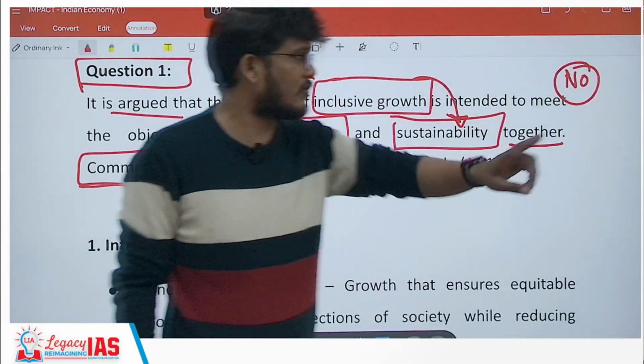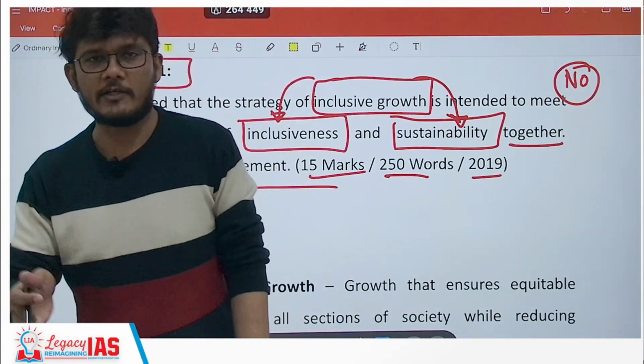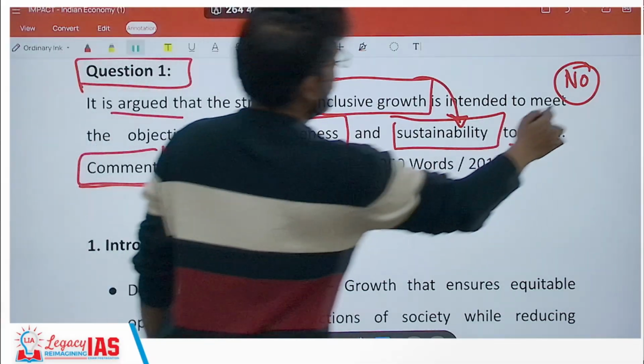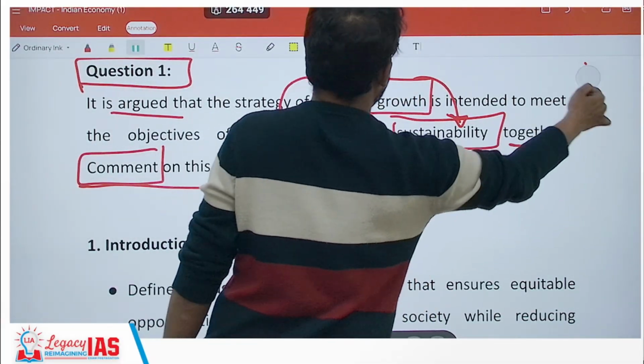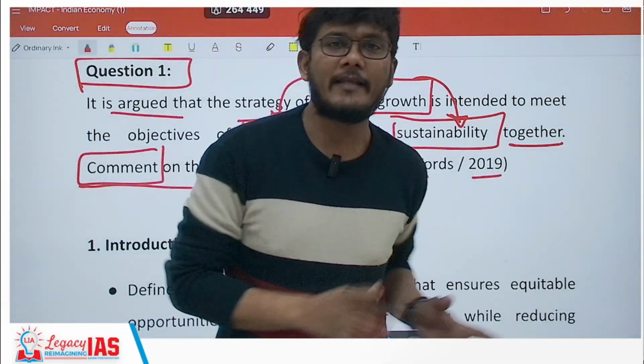And anyhow, do not start your answers or write words like no, it is not the case, yes, it is the case. There's no need to use those words. I am just writing the kind of approach. The first approach that I said was no, that may not be the case, and we'll expand on that. We can avoid that, right?